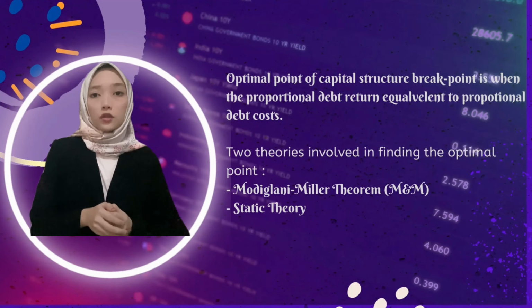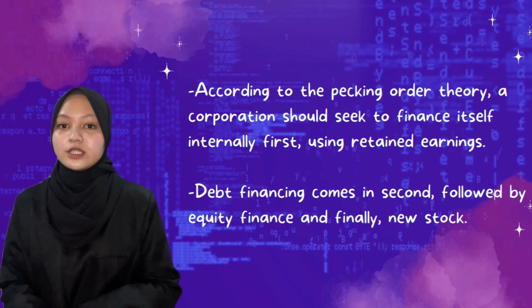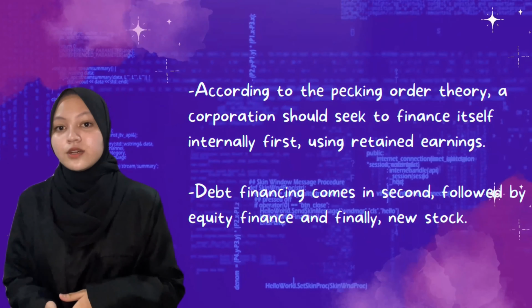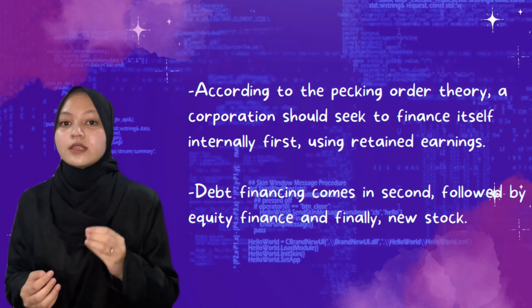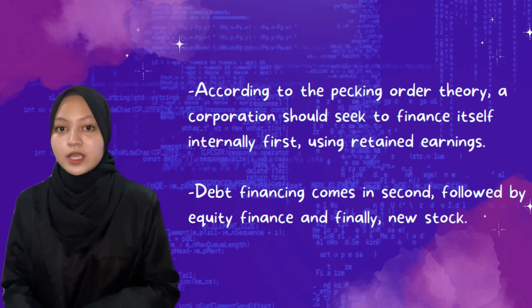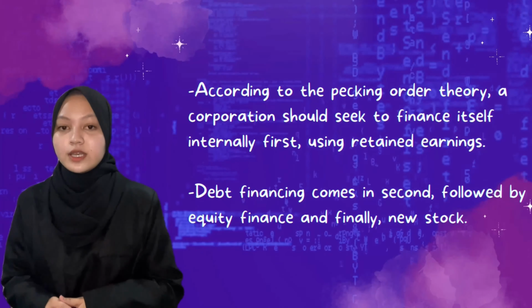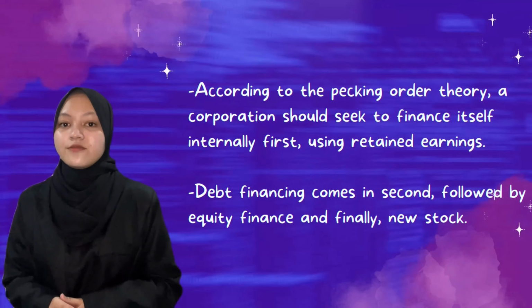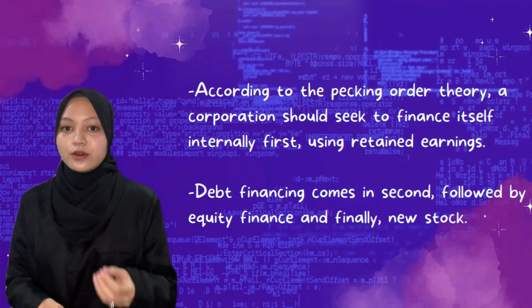Whether the corporation takes up a business loan or issues a corporate bond, it will have to pay interest, which will raise the cost of debt above the non-existent cost of using retained earnings. Considering equity finance is the most expensive financing option, it comes last in the pecking order theory. The price of equity capital, such as stock shares, is higher than the price of debt finance. The principle of asymmetric information gives rise to the pecking order theory.